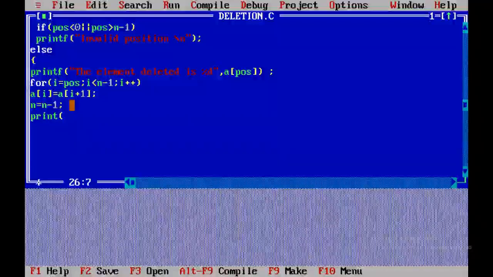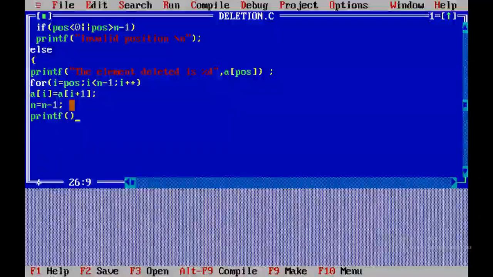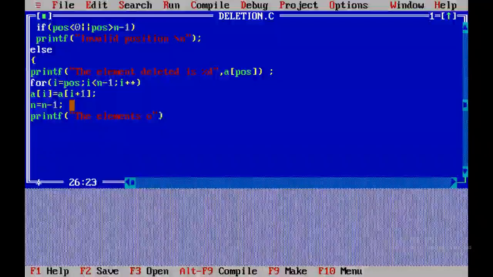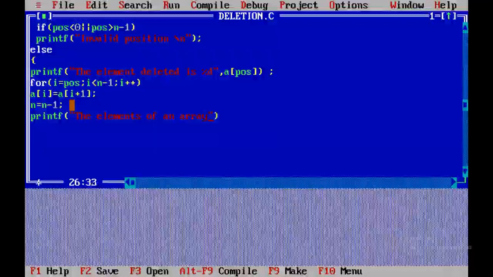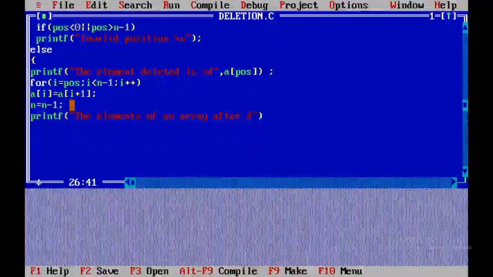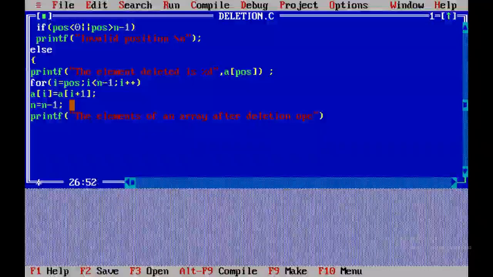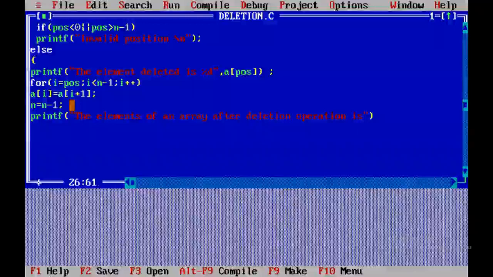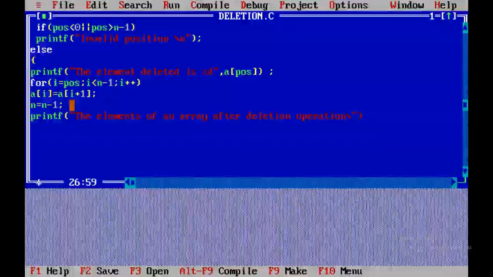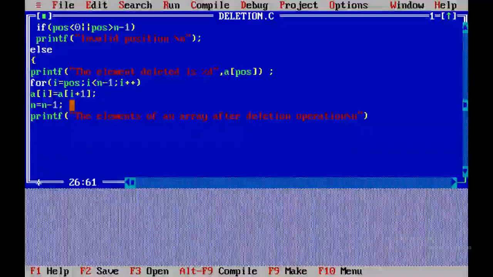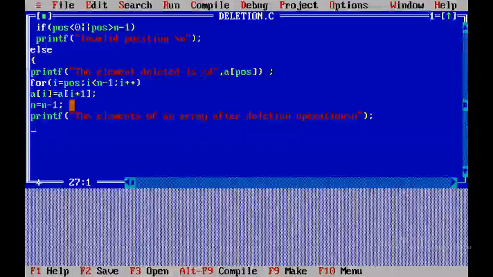Next, I'll print the elements of an array. Now, printf, the elements of an array after deletion operation is, semicolon.